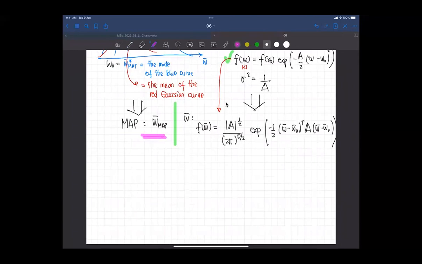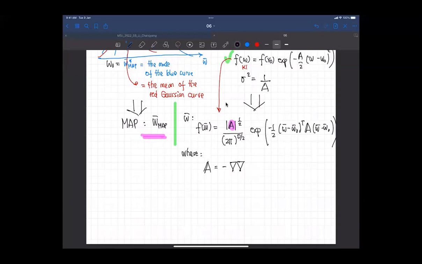Now the question is how we can get A in the application that we have. A is a definition that we also learned last week, where A is minus the second derivative